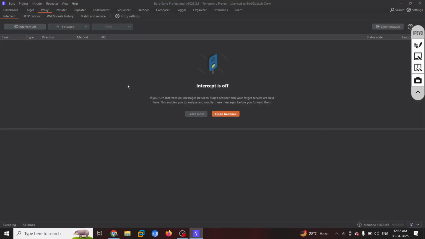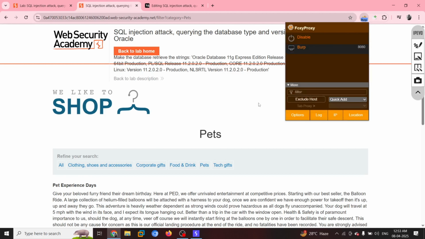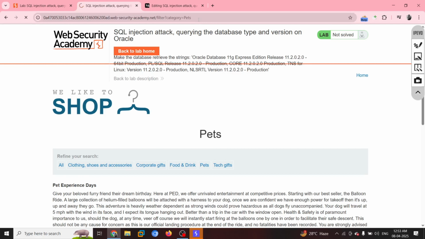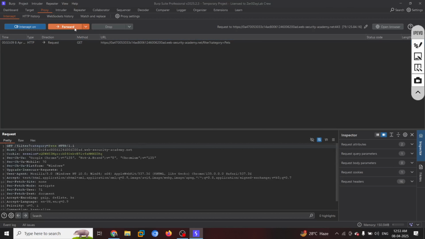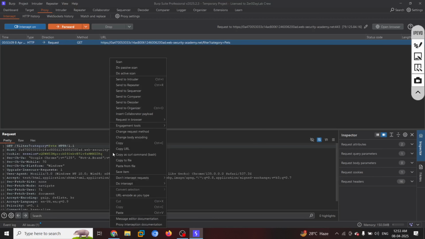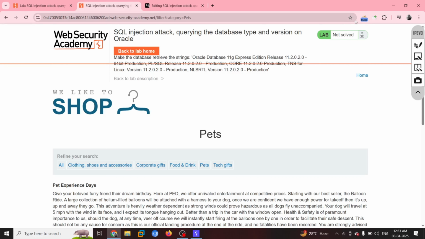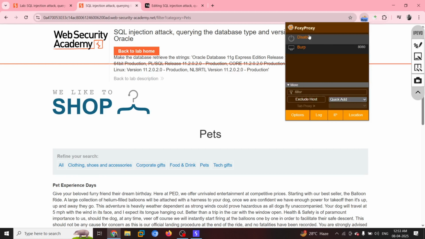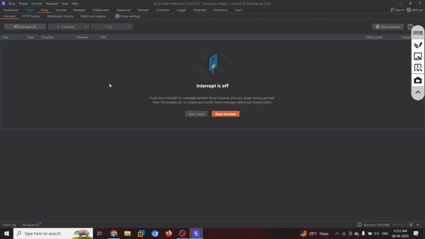So next, what we're going to do? Turn on the proxy, turn on the intercept, intercept the data. I have it. Now I'm going to send it to the repeater, and I'll turn off the intercept because I just don't want any unnecessary requests to be captured. Now we will go to repeater and we will analyze this request.